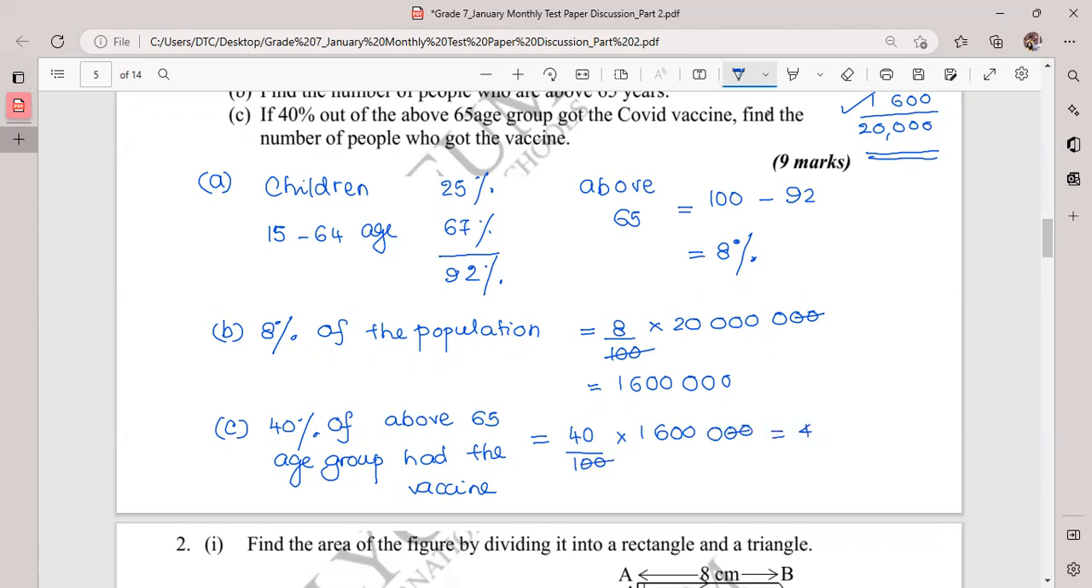So then you have 40 multiplied by 16,000, right? So then how many people? 16,000. You multiply by 40, it gives you 640,000, right? First of all, you want to calculate that we know that the 25% children are there, and 67%